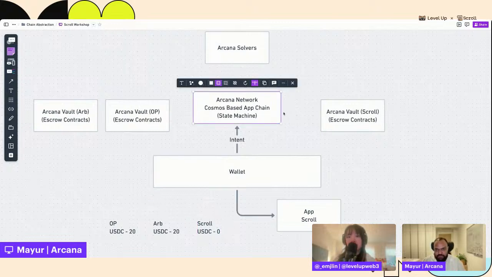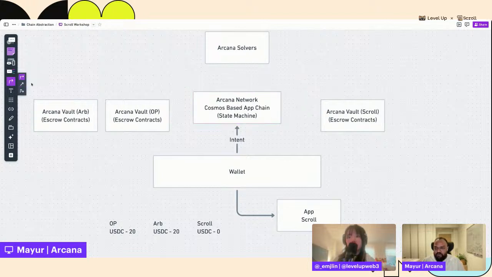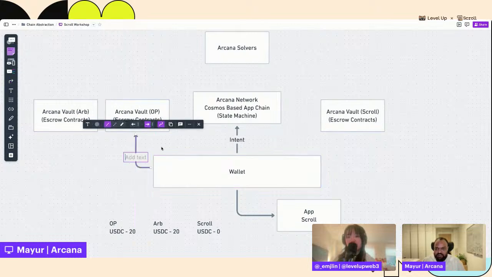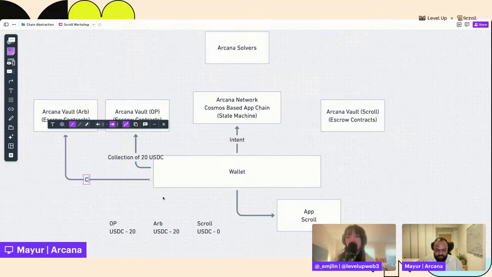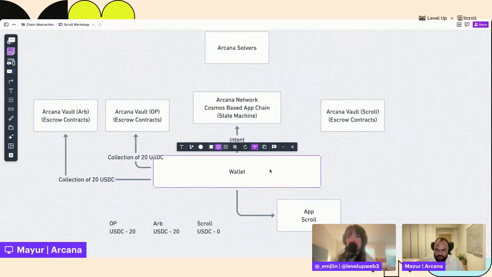Now, the state machine is responsible for orchestrating the rest of the flow. So the next step is for the first collection of 20 USDC to happen. And in parallel, it also does this other collection of 20 USDC onto Arbitrum from the user's wallet.